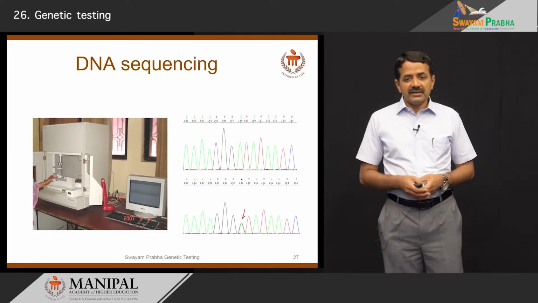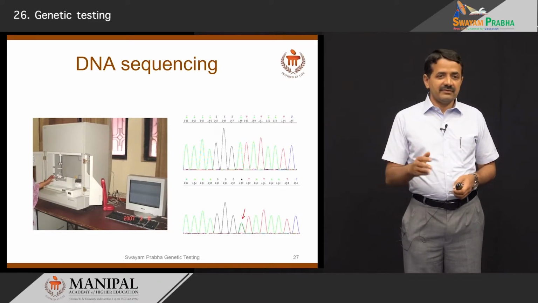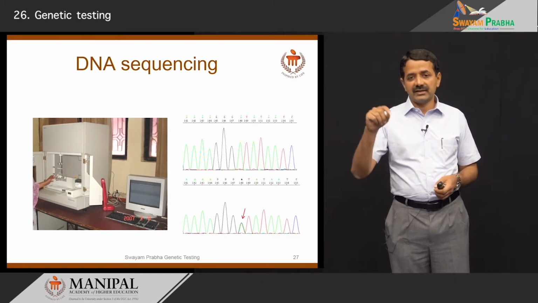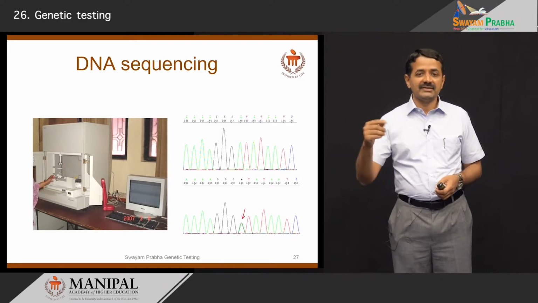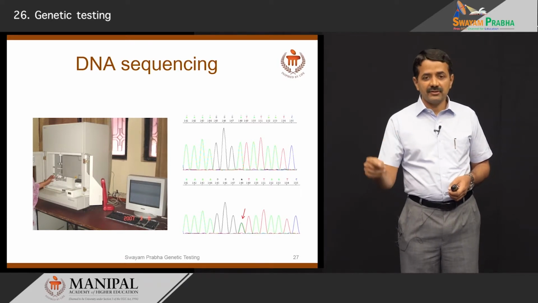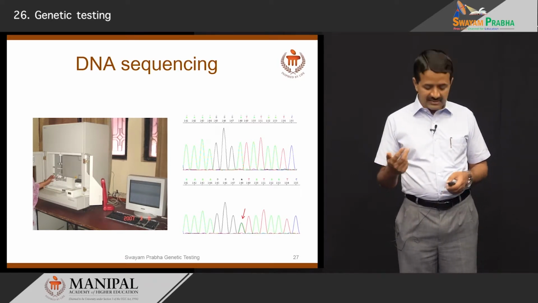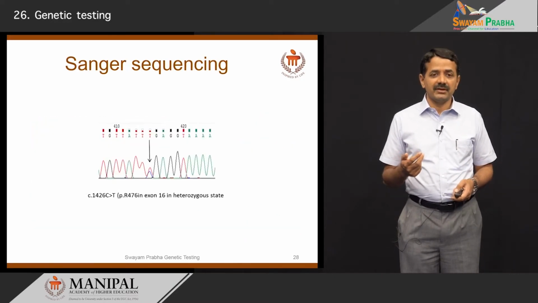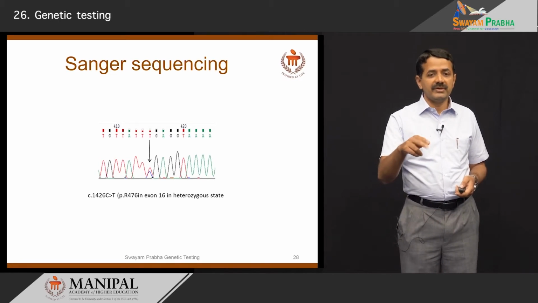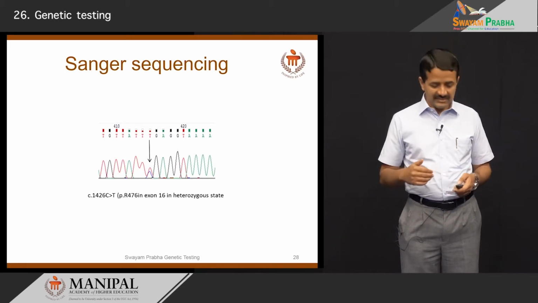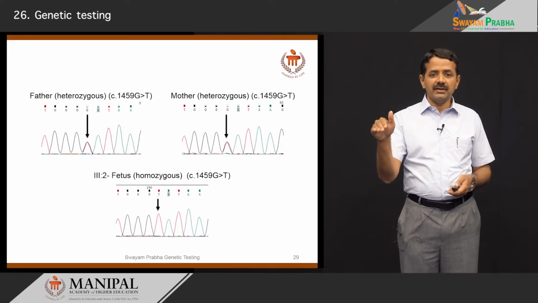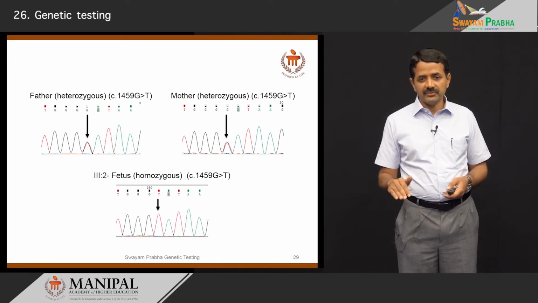The mainstay of DNA diagnosis or genetic testing is sequencing, where this is a Sanger sequencer, and you can see the chromatogram, you can read the alphabets A, T, G, C and see whether the particular color is changed or whether there are 2 peaks, as we see here, to suggest a DNA change in the patient's sample. You can see here heterozygous variation giving 2 peaks, double peaks of half the height, suggesting there is a heterozygous change. We can see here parents are heterozygous in the upper panel and proband or the fetus is homozygous, suggesting